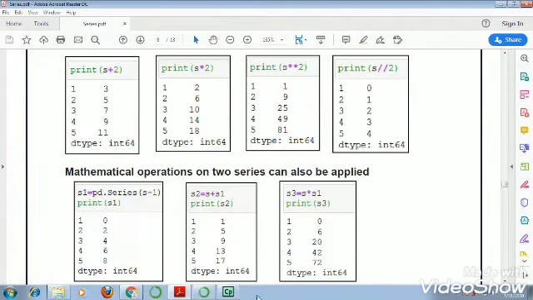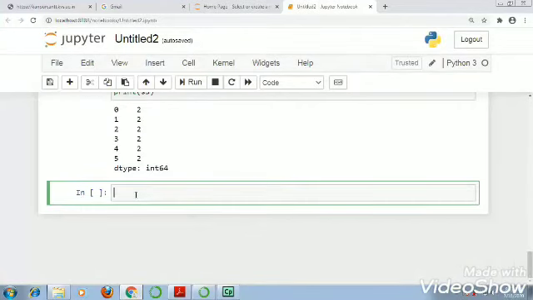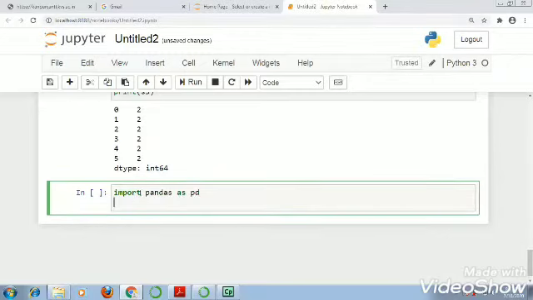Now let's see our examples in our Jupyter notebook. Suppose S is a series. So first for creation of series I have to import pandas. I have imported.